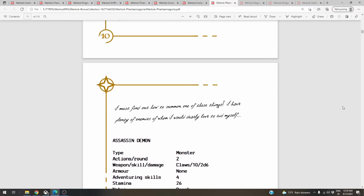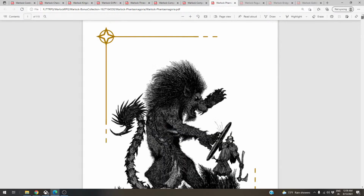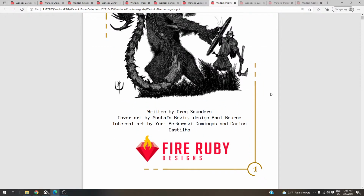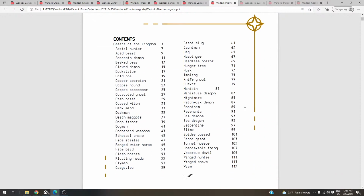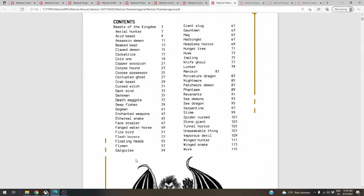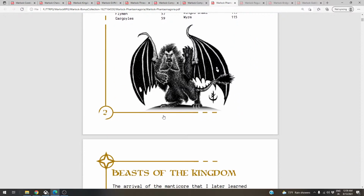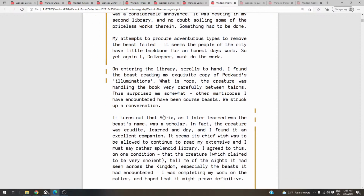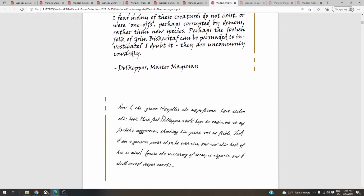Oh, and here is their monster manual. So additional monsters are provided in the, what is it called? The Phantasmagoria. Sorry, it's not on the title page, but here's a whole other list of kind of more specific and less generic in a lot of ways. The monsters that are included in the core book are pretty generic. So more horrible creatures that, oh yeah, and so they're referencing more and more the effects of the kingdom, and